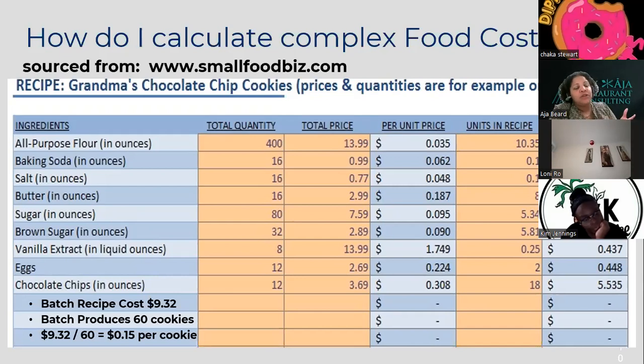But again, you would need to make sure you have all of the right information in order to get the correct food cost. So you can build this in Excel. You need to know all of your ingredients, how they come packaged, how much they cost, and how much you put into each recipe in order to make this work. So that was that really quick.